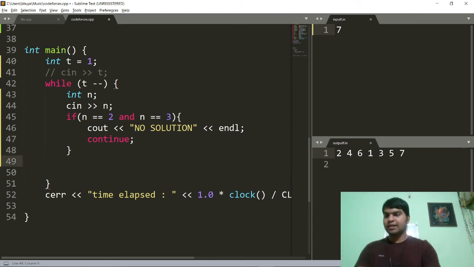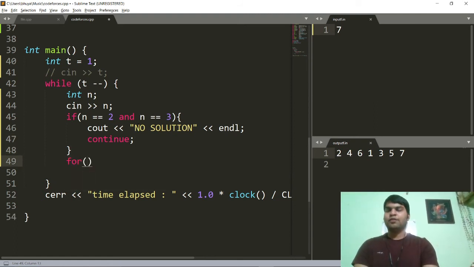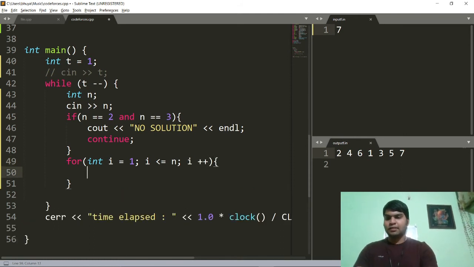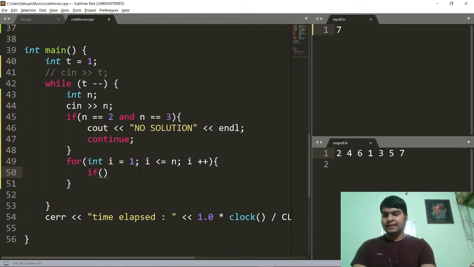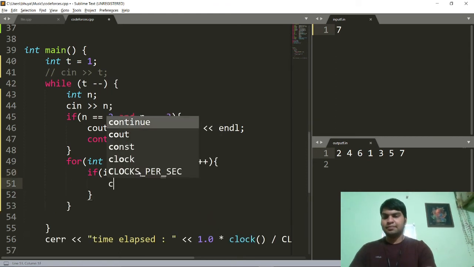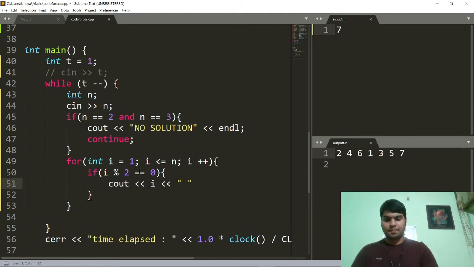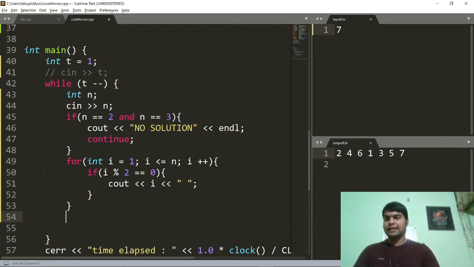Otherwise, what can we do? First we will take all the even elements. We loop I from 1 to n, I less than or equal to n, I plus plus. If I is even, then we can simply print I. So we are printing all the even elements here.